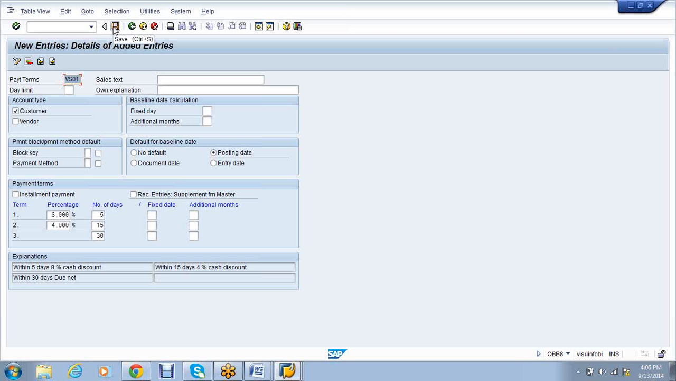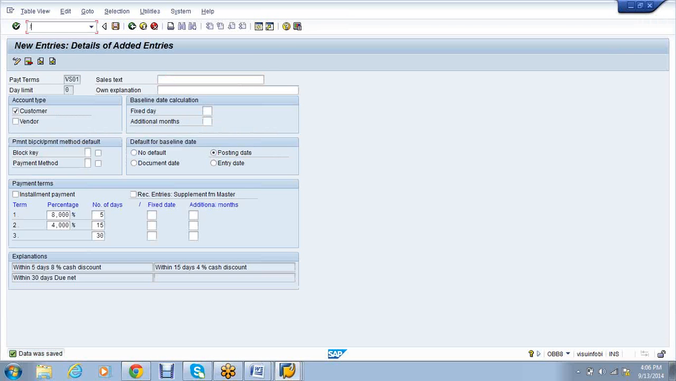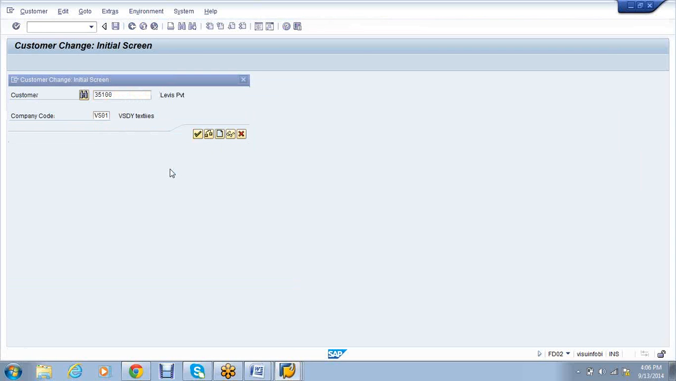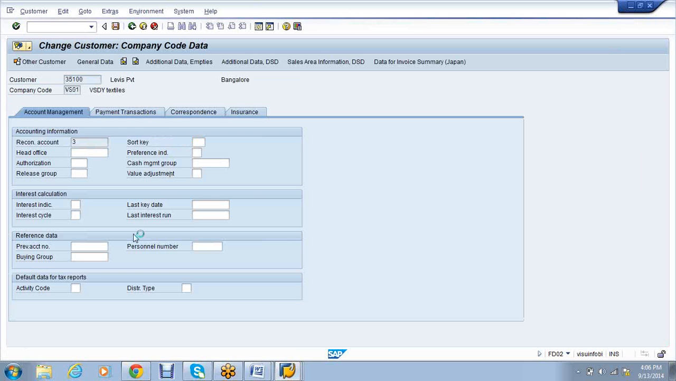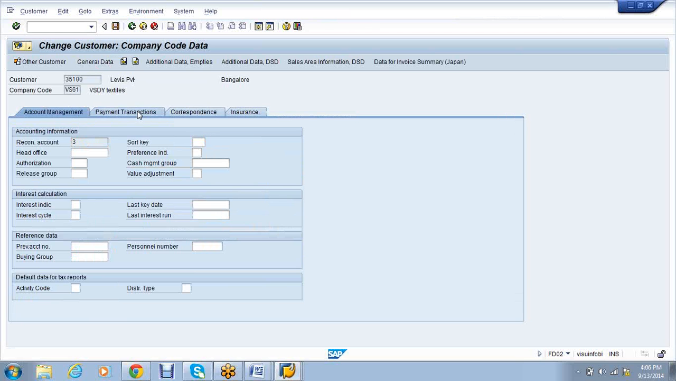Now, this terms of payment, I'll assign to my customer master data, FD02, edit. Go to the customer, in the company code data, normally you will get this field, general data. Then you have to click on the company code data, payment transaction, and the